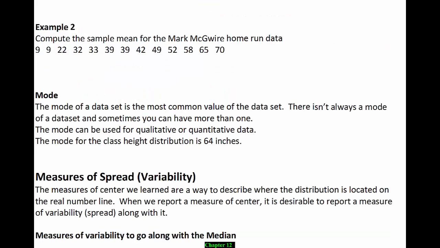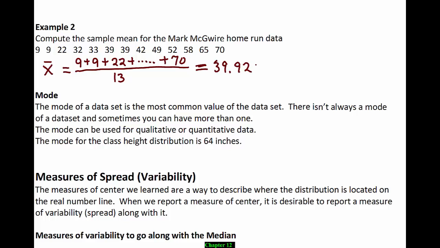Working with our Mark McGwire home run data, we're going to compute the sample mean. The sample mean is x bar, and we simply add up all of our observations in the numerator. So 9 plus 9 plus 22 plus, I hope you don't mind if I don't write out all these numbers, all the way up to 70. So you punch all the numbers in the data set on up to 70 in your calculator. We have them in order here, but notice again, they don't need to be in order. It doesn't matter which way you add them in your calculator. Divided by our sample size, which is 13. And when you do that calculation, make sure you're practicing that so you know how to punch it in on your calculator. You should get